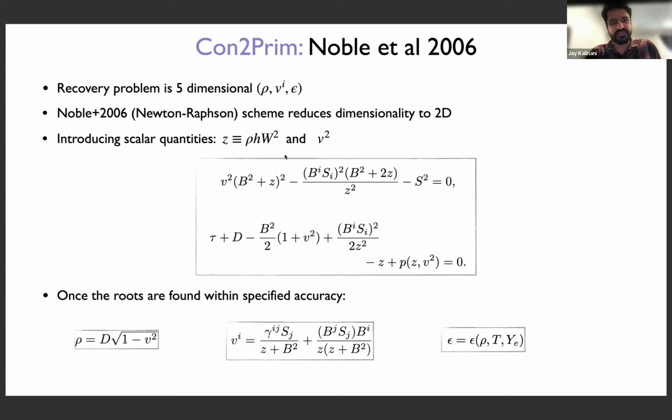So they introduce these two quantities, which are called Z, which is rho h times Lorentz factor squared, as well as v squared. And they have two equations based on these two unknowns, and they try to solve them by this Newton-Raphson method scheme. And once you find the roots for these two quantities within the specified accuracy that you can provide by a par file,